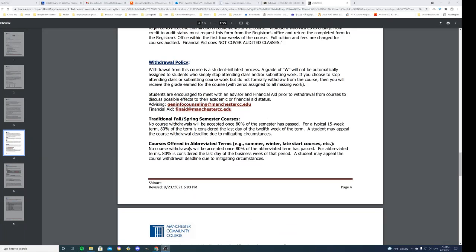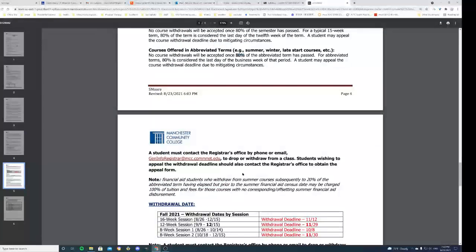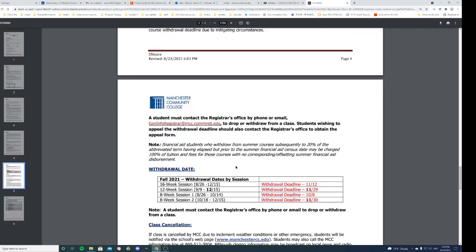This is given, no course withdrawals except once 80% of the abbreviated term has passed, okay? Oh, so these are late start courses, you don't worry about this, but it doesn't really matter. It's 80%, okay? So even for 4 hours, okay? You can appeal this, all right? But it's 80%. That's something that appears to be new this semester, all right? And you need to contact the registrar for that, right?